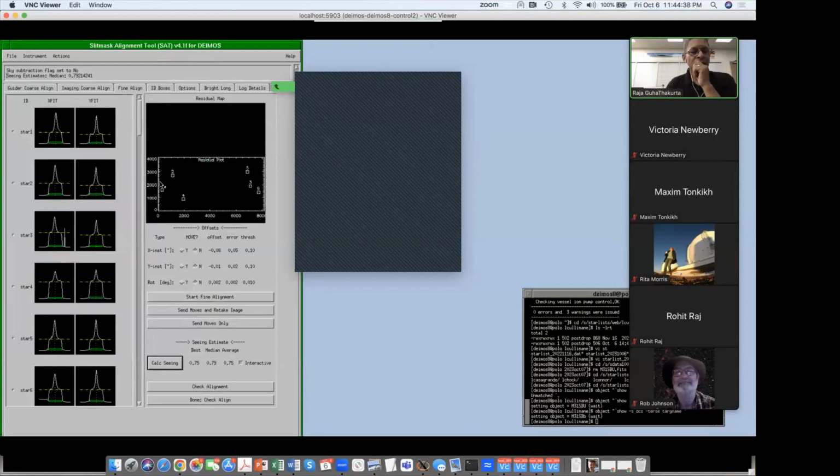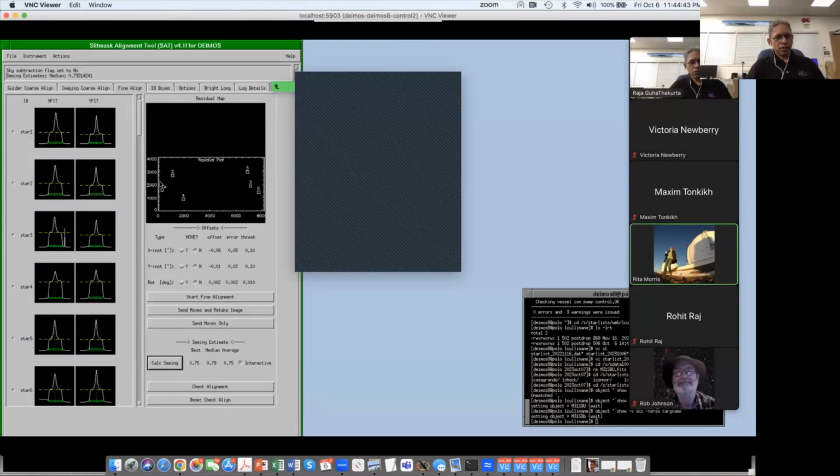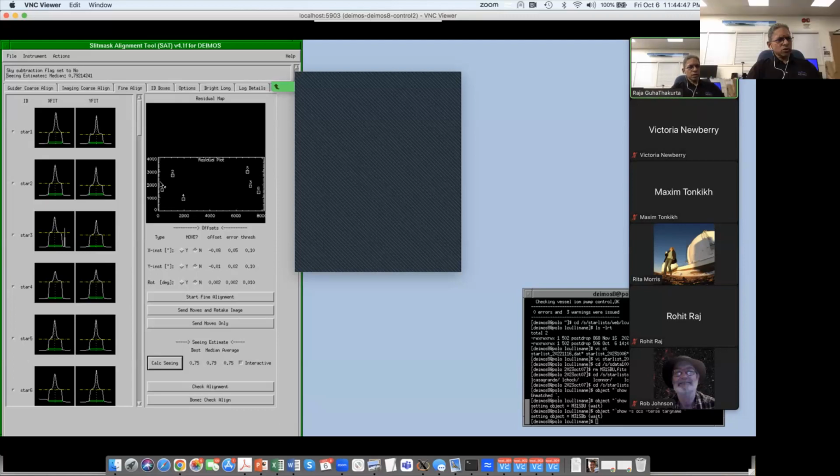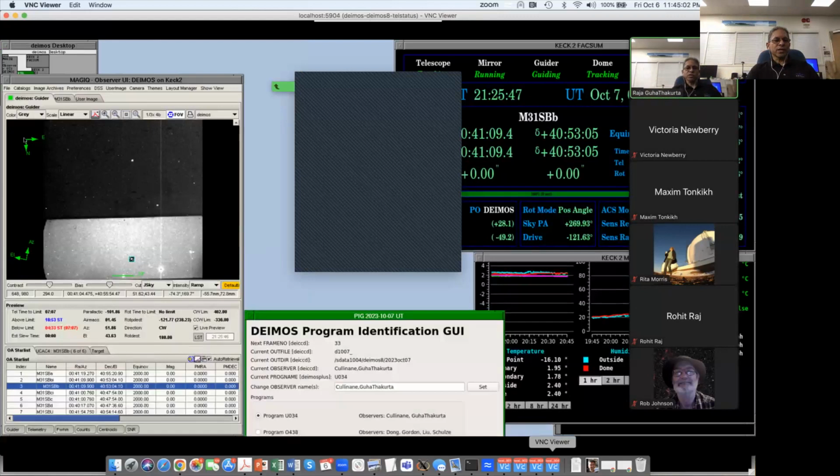So it's actually good to know that the seeing that you measured is pretty close to the guider seeing. 0.7 is almost what I'm measuring, so you can use them interchangeably, at least for now. And the images look not uncommon. They look a little extended in X. I'm just looking at our compass rose. Let me see. Compass rose is telling me that the X direction is